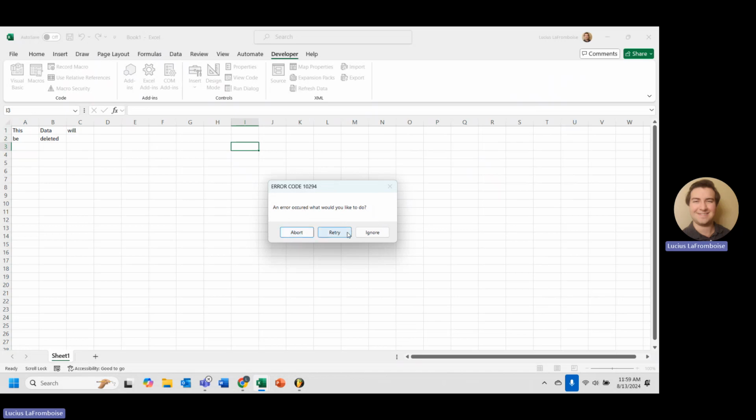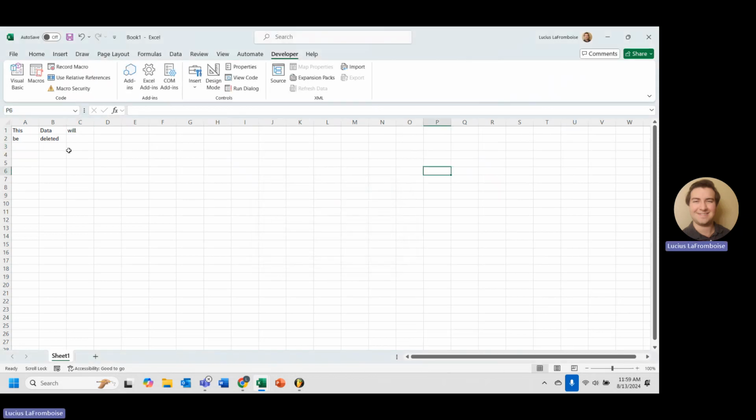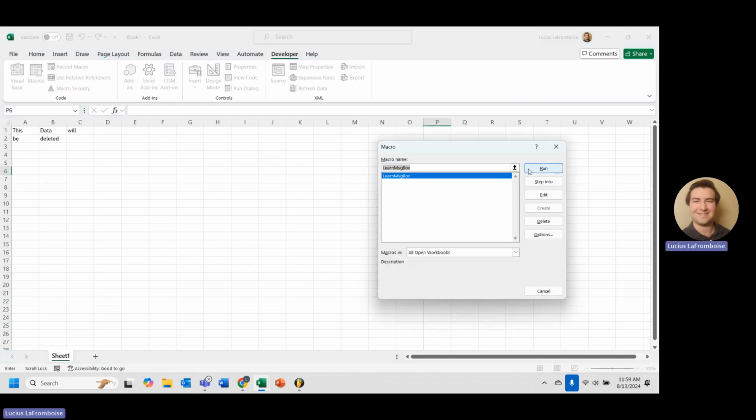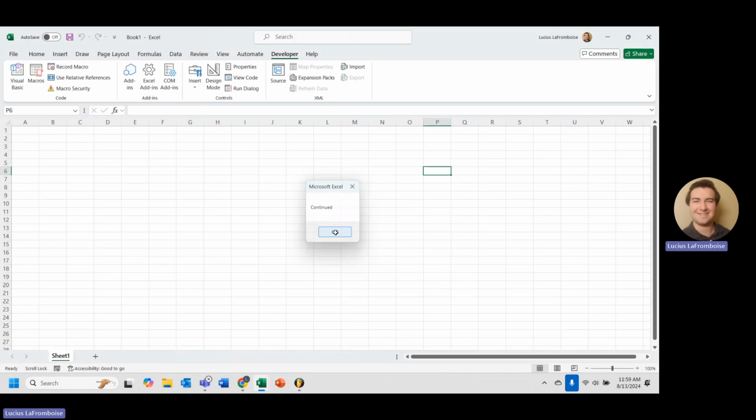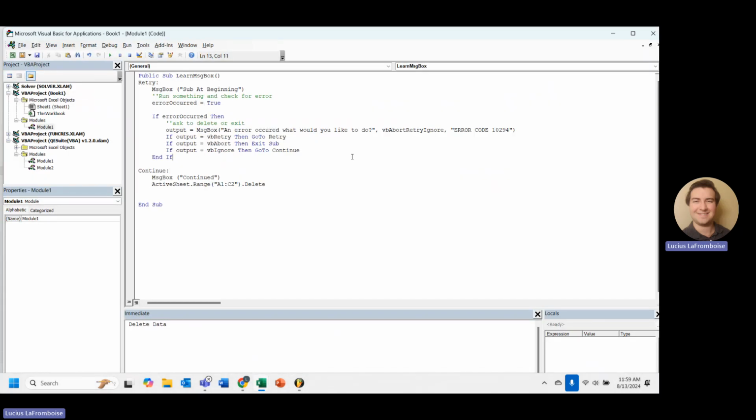We have three options. First, I'm going to demonstrate retry. So that should go back to the beginning and it'll tell us it's at the beginning. So we hit retry. Sub at beginning, great, we retried it. And we can just keep doing that. But it's clear we're running into an error. So let's just ignore it. Let's just, you know what, let's abort it. We don't want to cause any issues. We abort, function's over, we exited. Let's say we run it. We're at the beginning and we ignore it. We continued and it deleted the data. So that's one way to use your message box to make sure that somebody wants to continue with something if